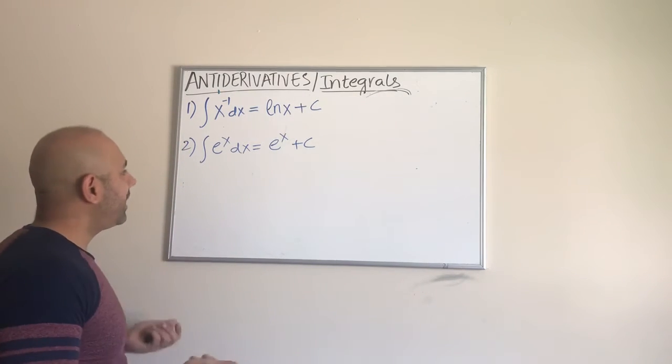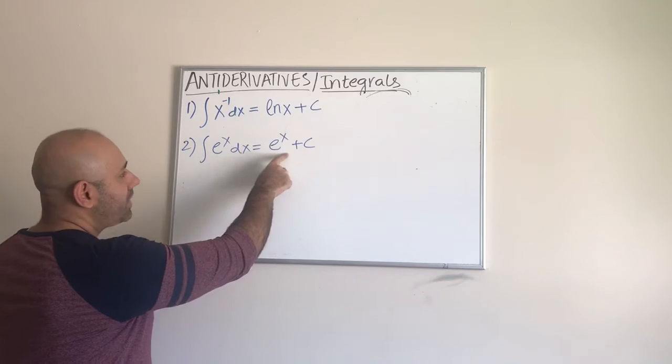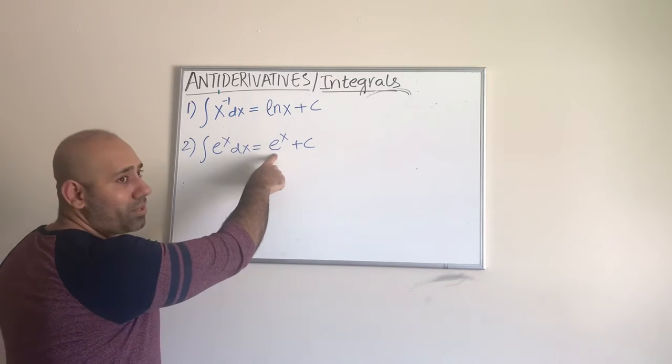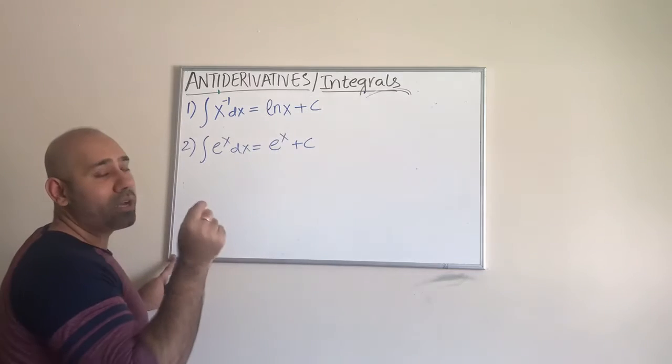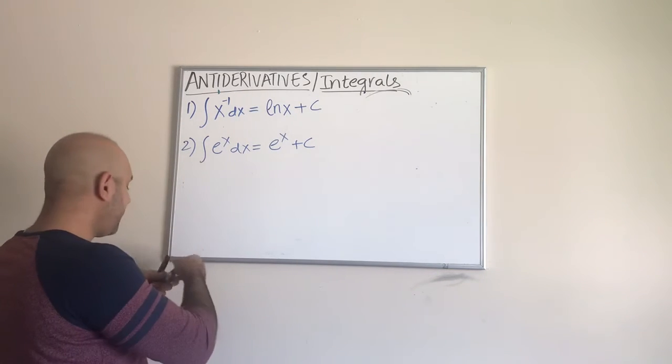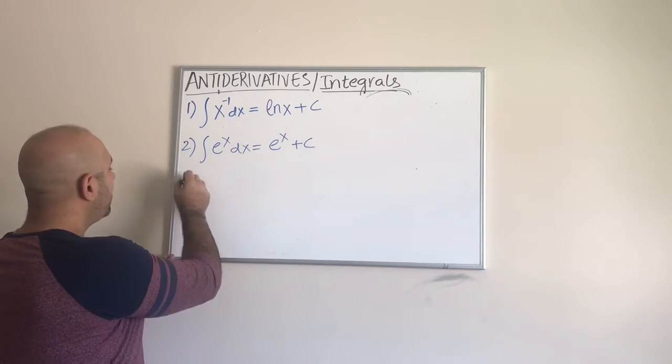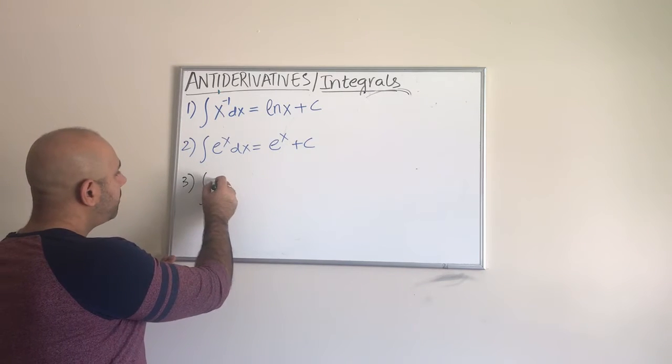Okay, and again, you can just quickly verify this. What is the derivative of e to the x plus c? The derivative of e to the x is e to the x. The derivative of c is a constant, is 0, so you get back this, right? So this works. Then the third one is, what is the integral of something of the form b to the